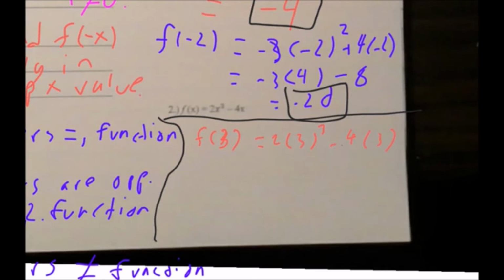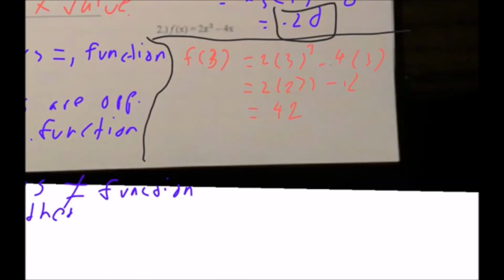So 3 cubed is 27. 2 times 27 minus 12. So 2 times 27 is 54 minus 12 equals 42. Okay, we got 42. So now we're looking at f of